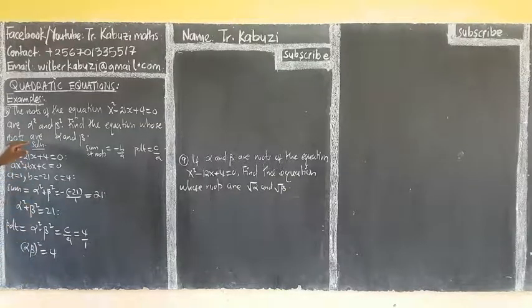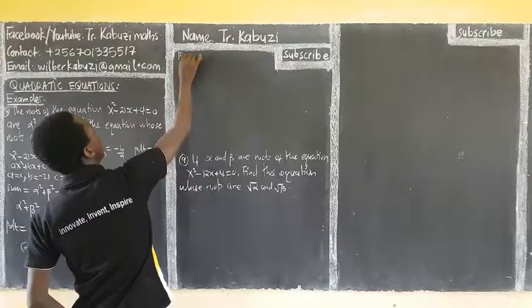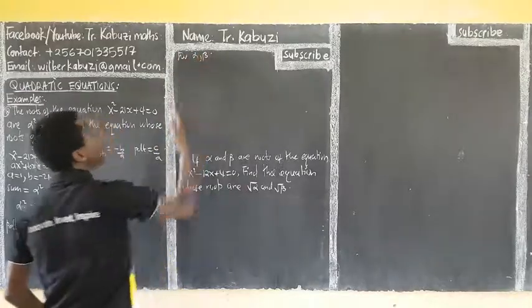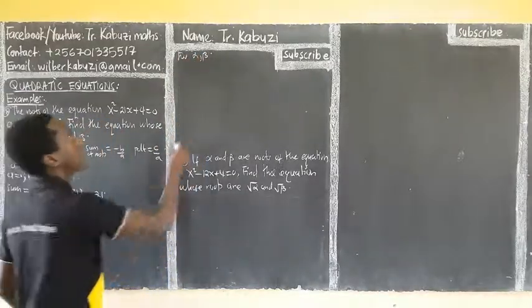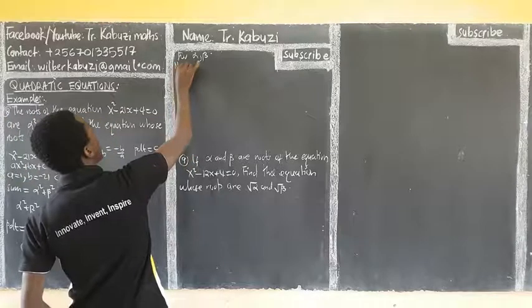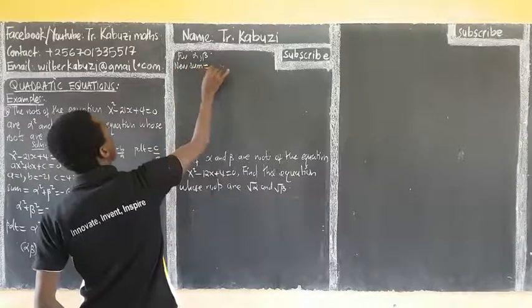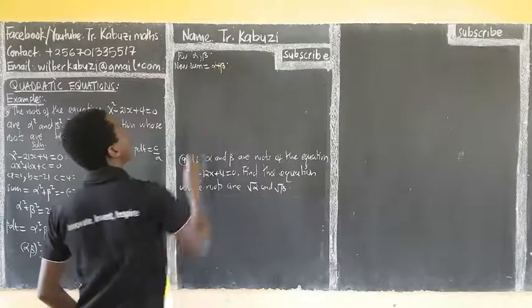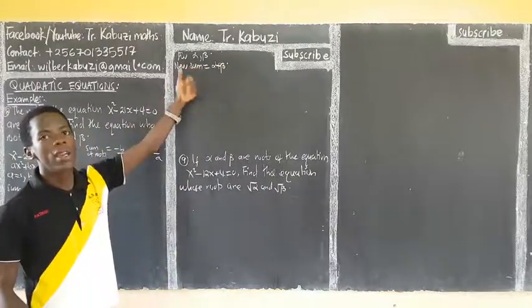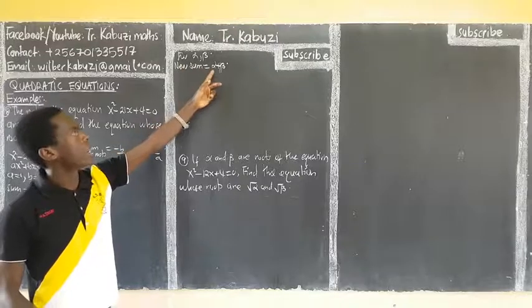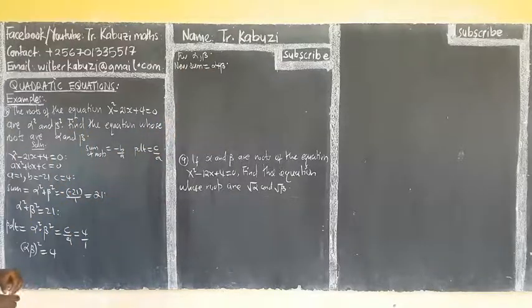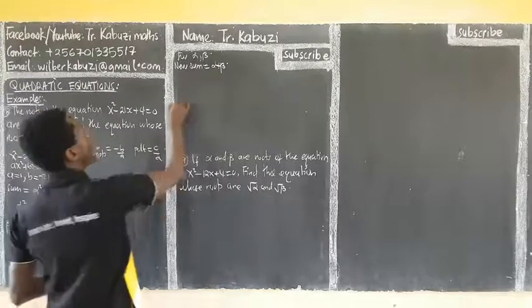Now, they want us to get the equation whose roots are alpha and beta. Now I come and say, for alpha, comma, beta, here we need also the sum of these ones. So this one I'm going to call the new sum. So our new sum is alpha plus beta, of the roots of the equation we want to get. Now I need alpha plus beta. Now how are we going to get alpha plus beta? I know that we can always express this in terms of the sum and the product. We know that